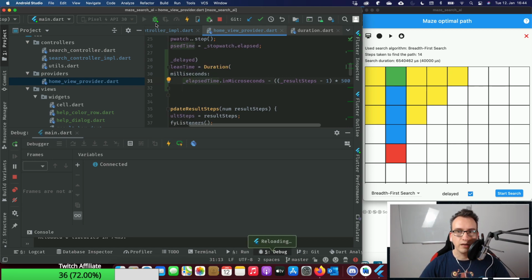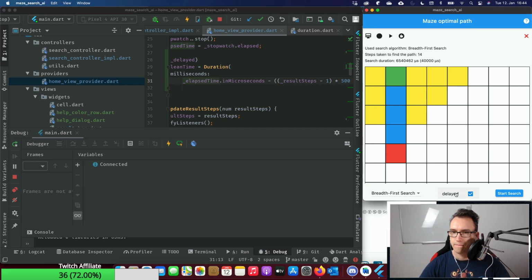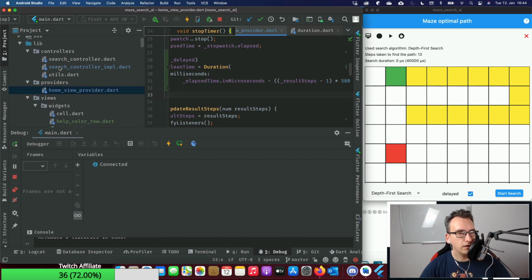So let's see if the calculation is now a little bit better. Hot reload. And yeah, switching the search and go for it. And I see right now that we also have to clean that number.